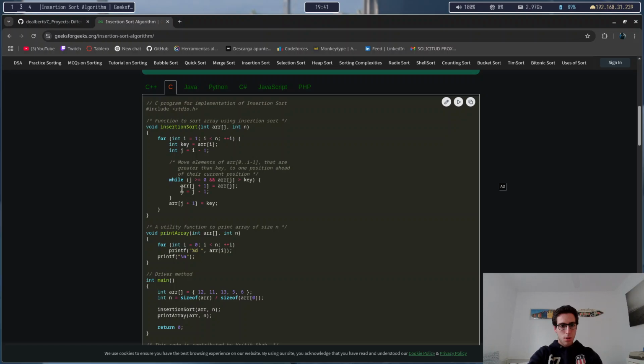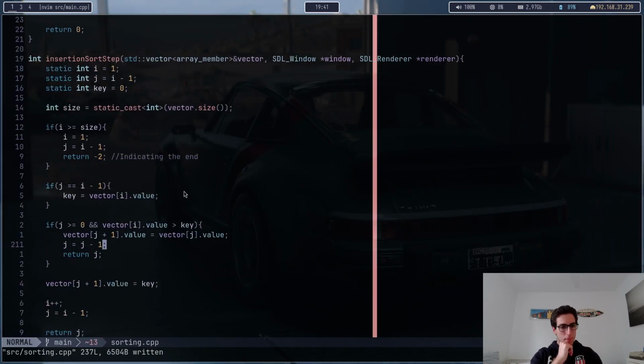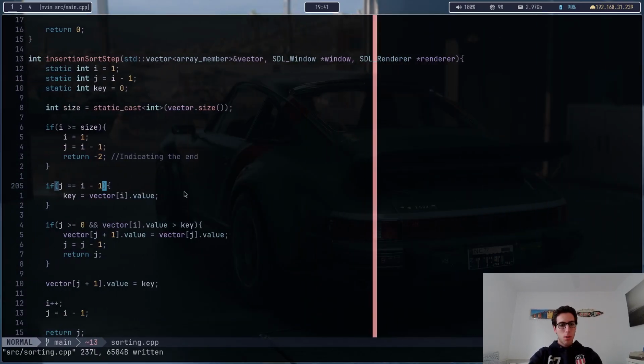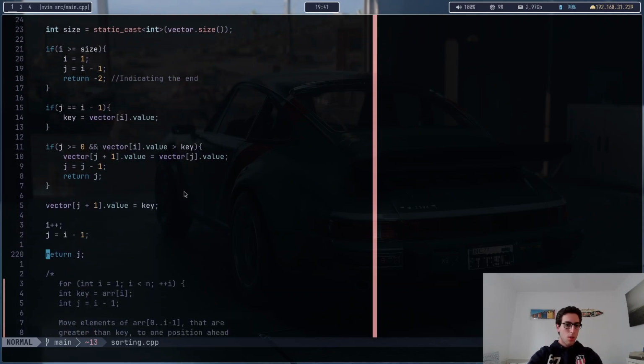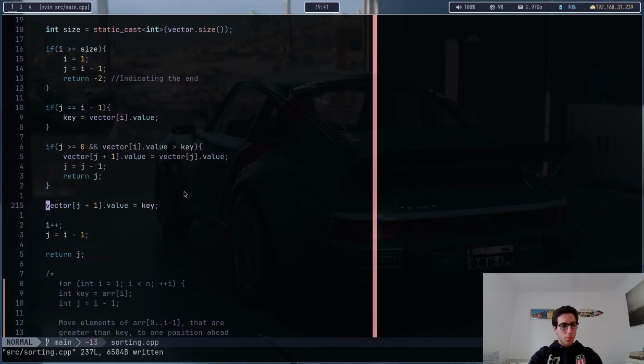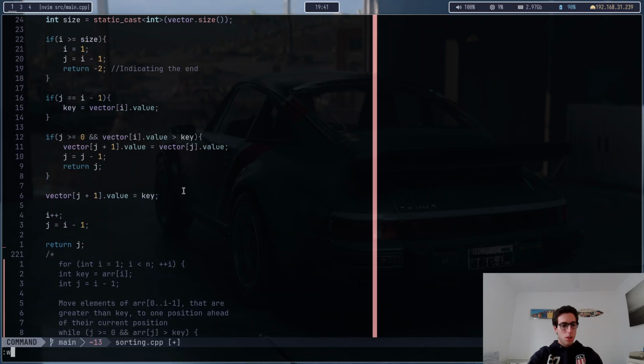But at the same time, yeah, I mean, that makes sense. So it's only when j has been assigned, or j equals i-1, that you assign a new key, and this only happens when j equals i-1, which is when you're done with this whole thing. And you return j, and then